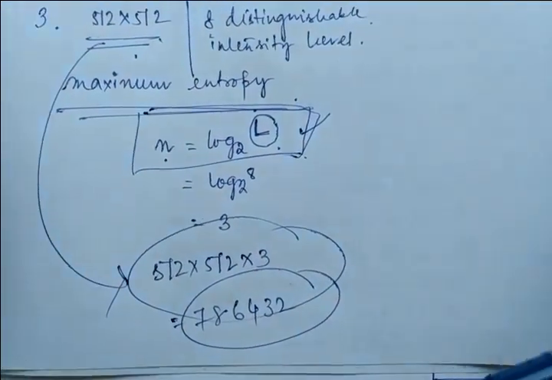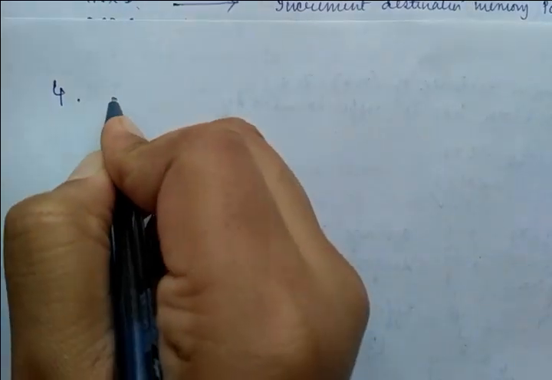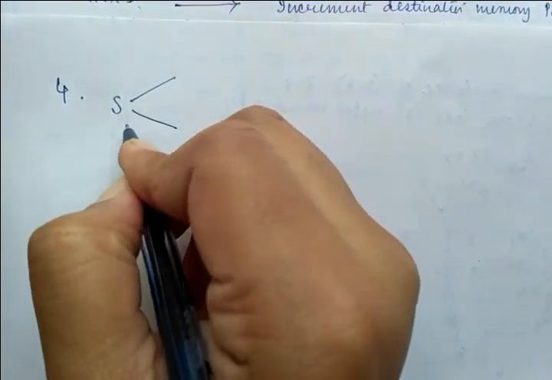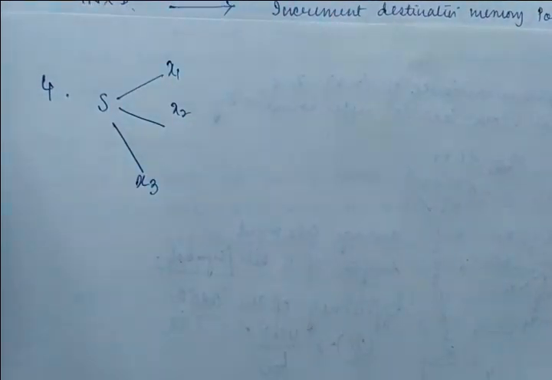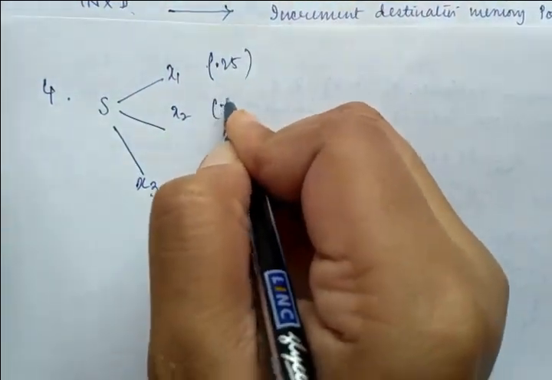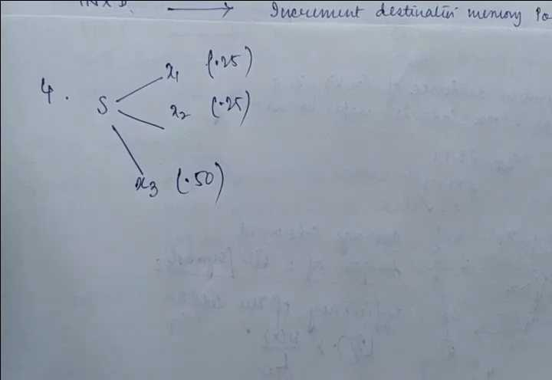Okay, so coming to my next part, that is question number 4. And what is your question number 4? Question 4 was, again, an entropy and efficiency related question. A source generates 3 symbols. Okay, so I am taking the source, and it is generating three symbols, x1, x2, and x3. We are going to assume the probabilities are 0.25, 0.25, and 0.50. Clear? And it is also mentioned that it generates at the rate of 300 symbols per second.